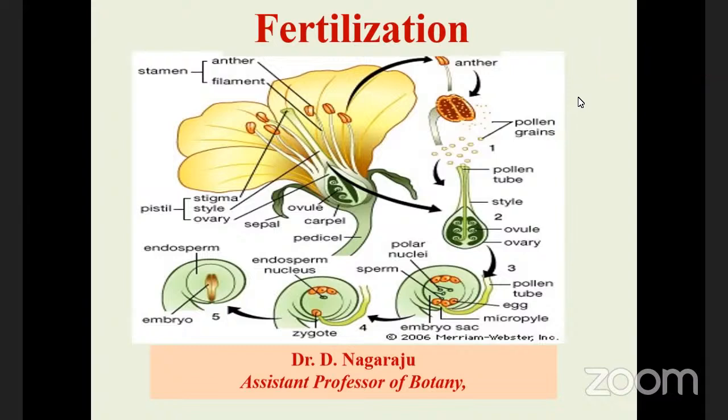How the fertilization is taking place in the flowering plants, this chapter we are going to discuss now. Already we discussed general characters of the embryology, introduction, and further sub-embryology topics, and microsporogenesis, anther,